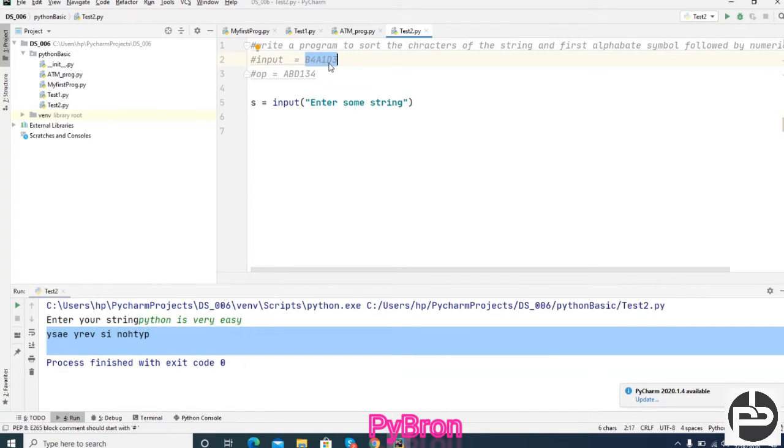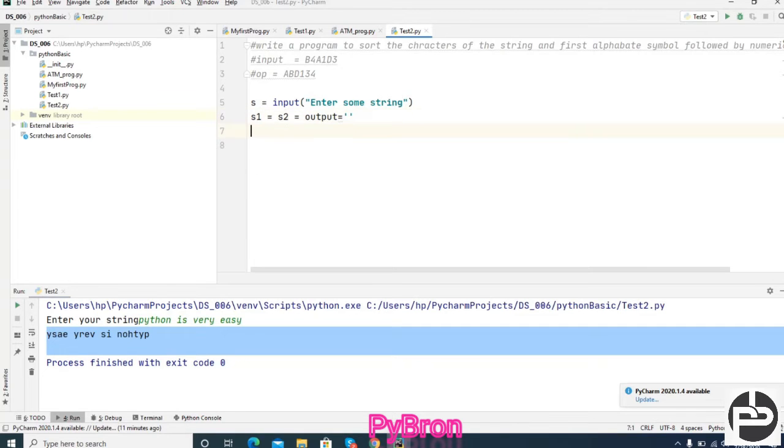Now we need an output in the sorting order. So I am going to create more variables: s1, s2, and output. Three variables I created, and I am going to initialize them with dummy values, empty strings. That's all, nothing here.